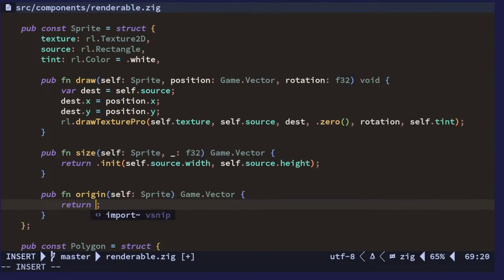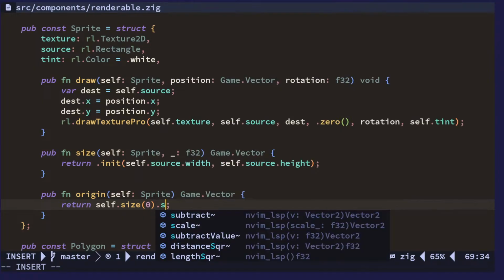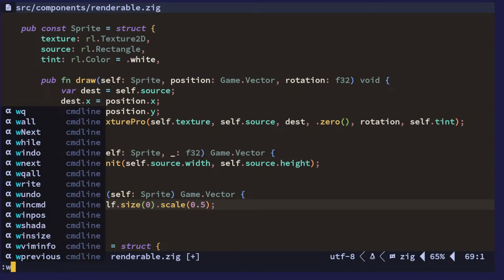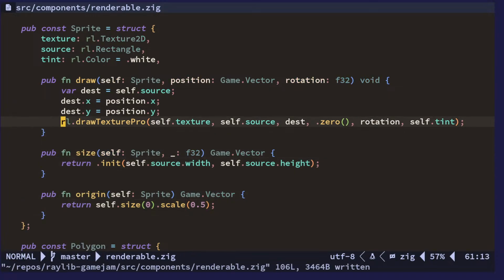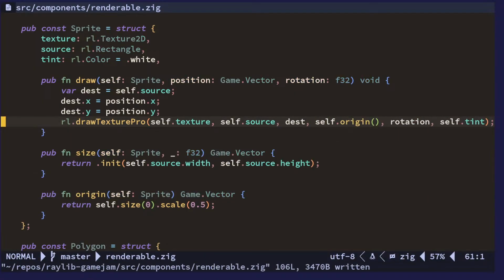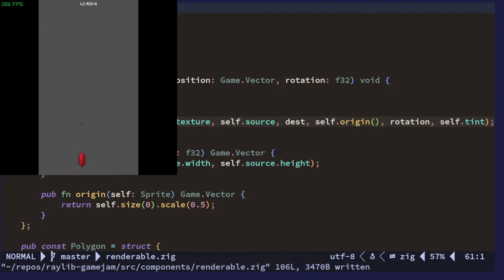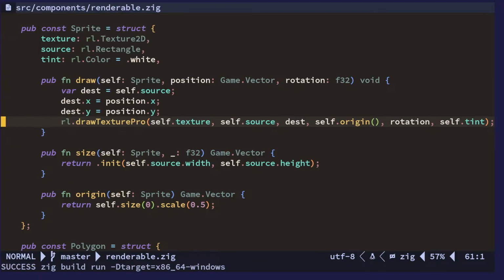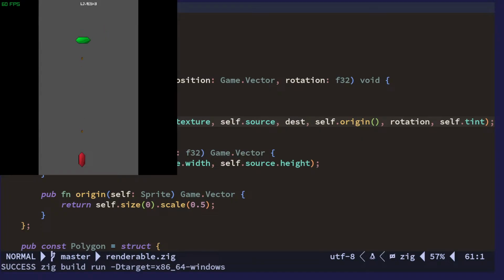Well, actually, we could take size. Oh, that's rotation, right? It doesn't matter actually. And then we scale it by half, and that's the origin, yeah. So we'll just do origin. So now everything should be drawn with the center being the actual center. And now you can see the enemies come in exactly at the center now